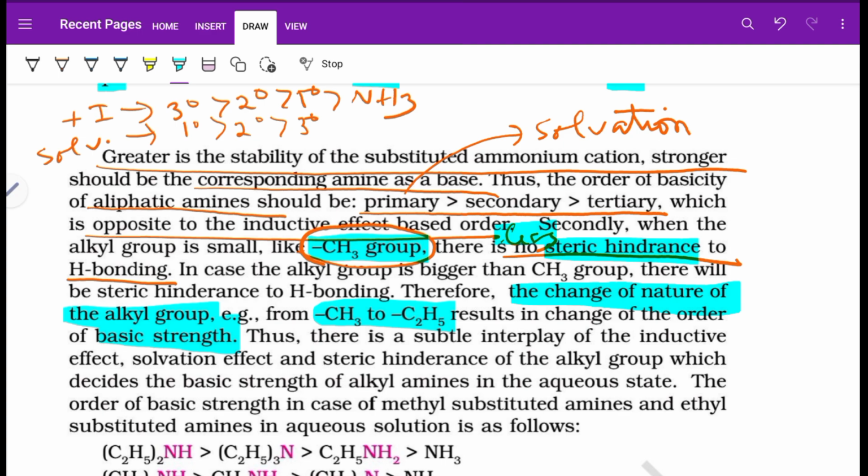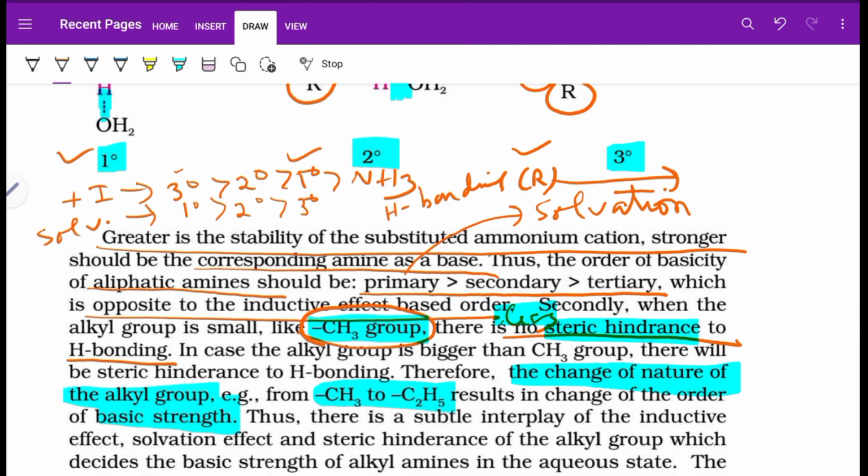So, for the formation of hydrogen bonding, a 3 degree will make it weak. So based on steric hindrance to hydrogen bonding, or based on the hydrogen bonding affected by the R group, we can say that the order is 1 degree greater than 2 degree greater than 3 degree. Why? Because in a 3 degree, the number of alkyl groups is greater, which produces greater steric hindrance to hydrogen bonding, and thus